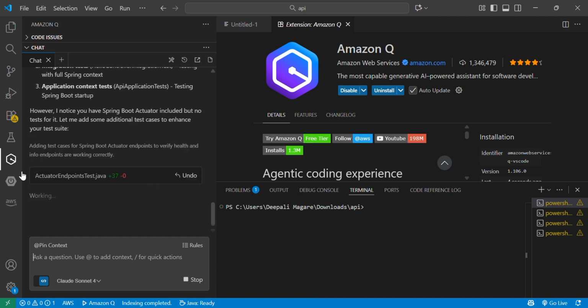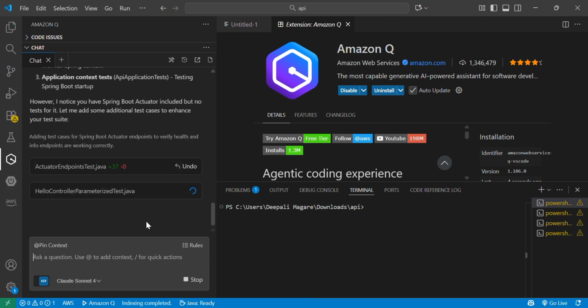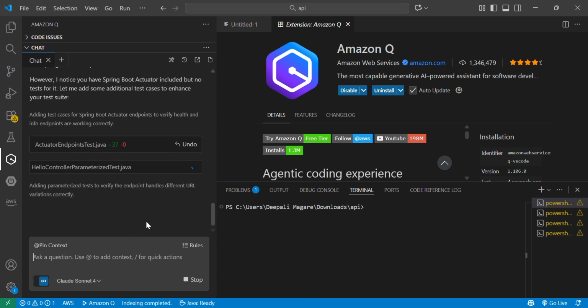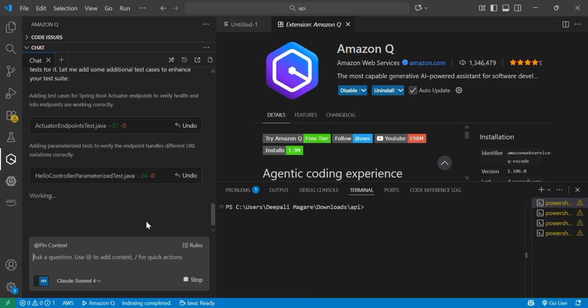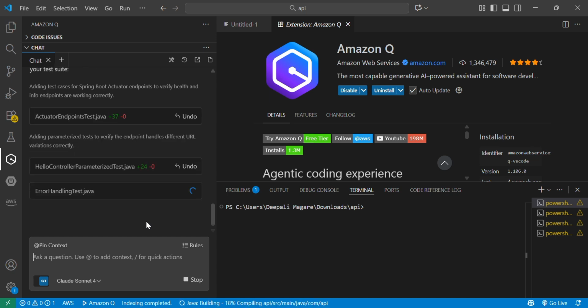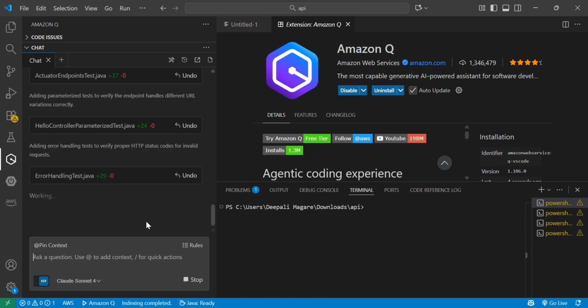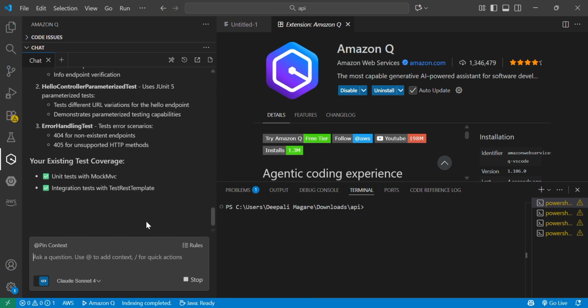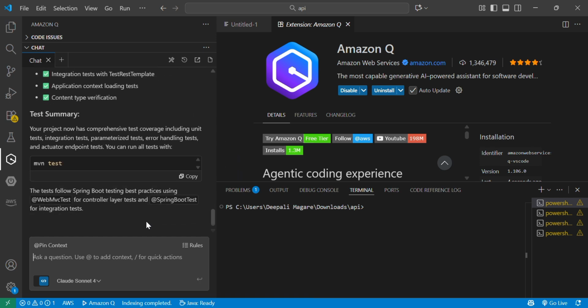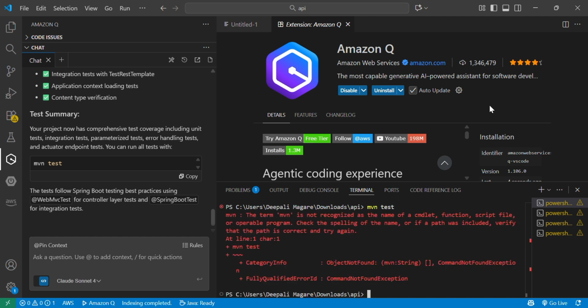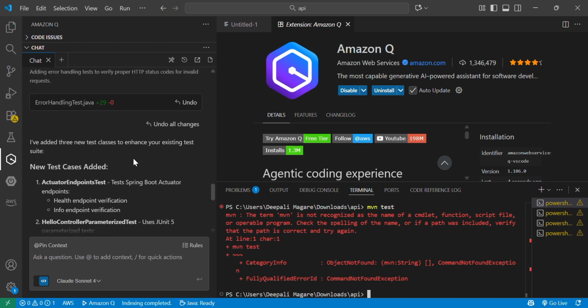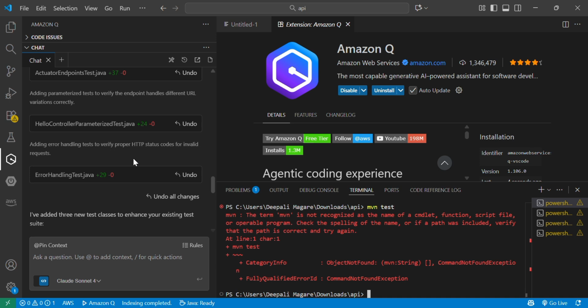As you can see, the file has been created and 37 lines are added. Okay, so it has created. Since Amazon Q has created our test classes, we'll see how we can run these test cases